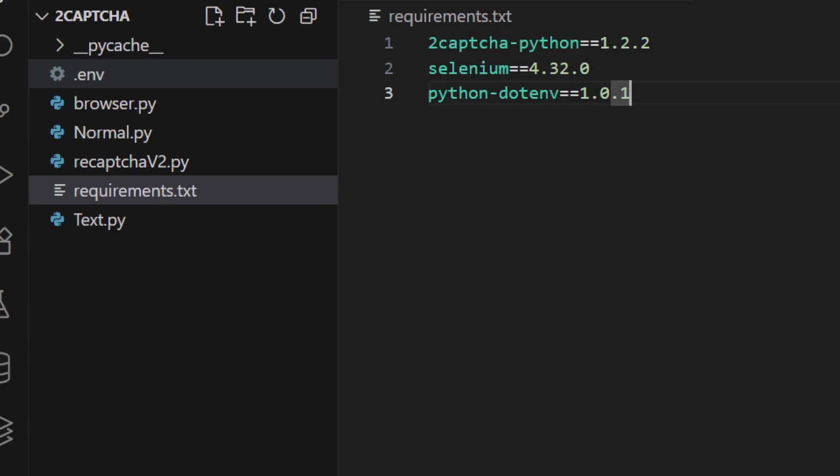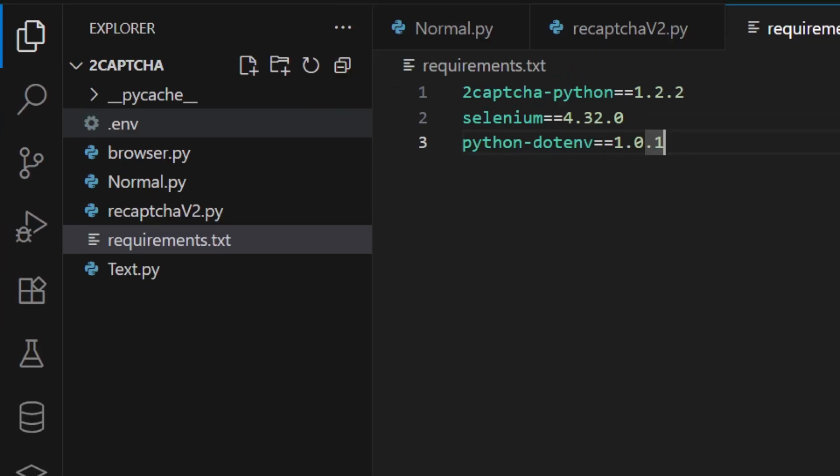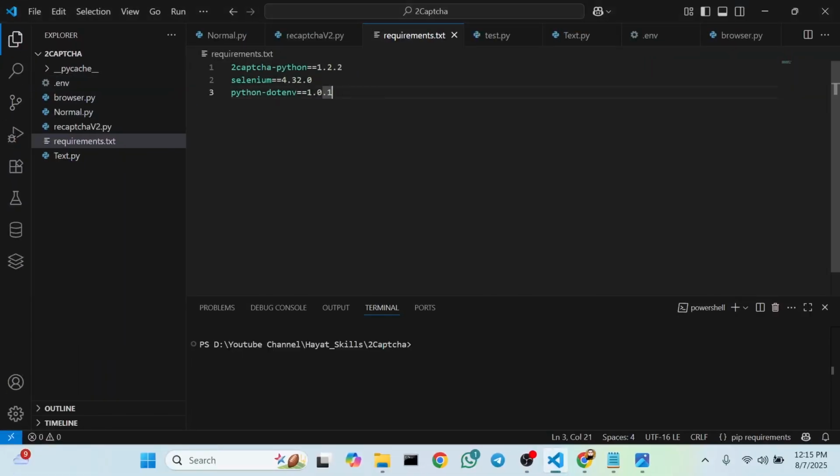This is the project directory for CAPTCHA, having the files .env, browser.py, normal.py, reCAPTCHA v2, requirements.txt, text.py. Let's understand